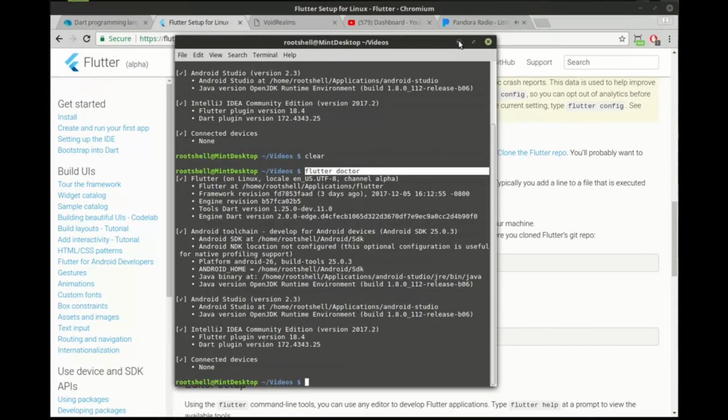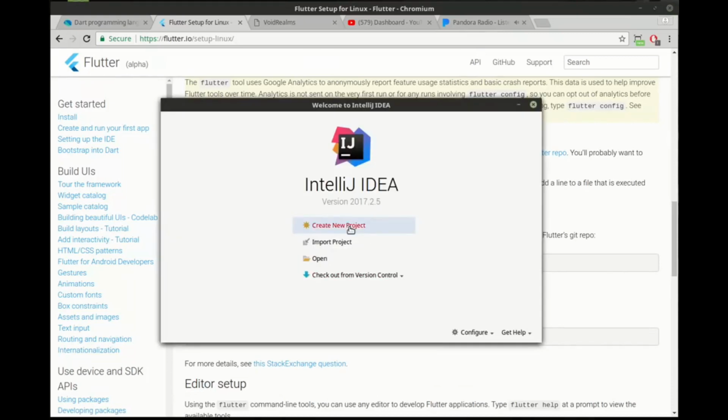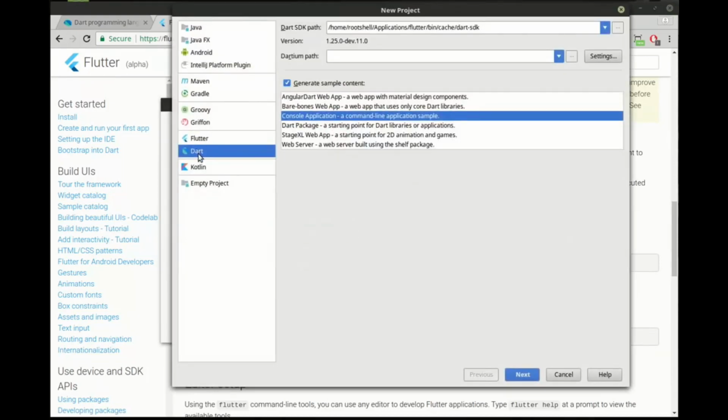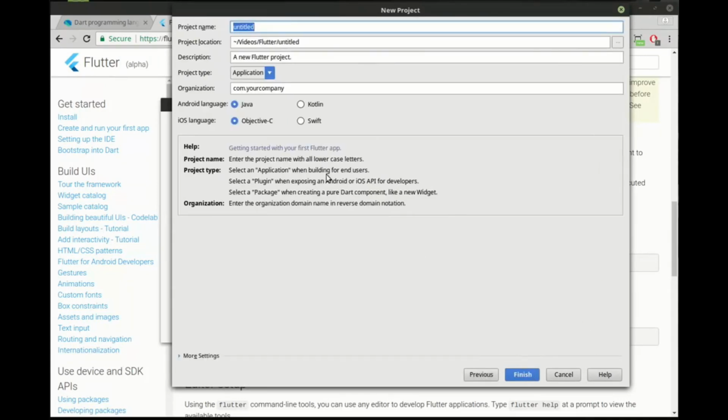So, without further ado, let's actually create a new project. Now, this time, instead of Dart, we're going to click on Flutter. You notice how we have a lot less options, and if you don't have the SDK pointed, it's going to say install SDK. It makes it very nice and simple for you. Now, this is where things get really super interesting with Flutter. Notice how we have this nice, beautiful list of options, and I was blown away when I first saw this. We're going to say first Flutter,